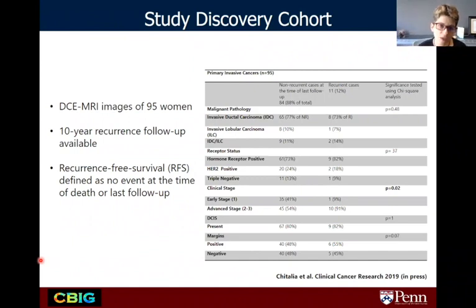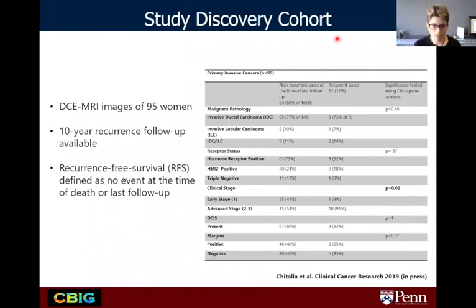One of the thoughts here is that if we can see a signal in modalities that would now be considered a little bit more outdated in terms of spatial resolution, slice thickness, and so forth, one can only imagine that that signal may even further improve if one were to have more current imaging modalities like higher magnet strength or better resolution and so forth.